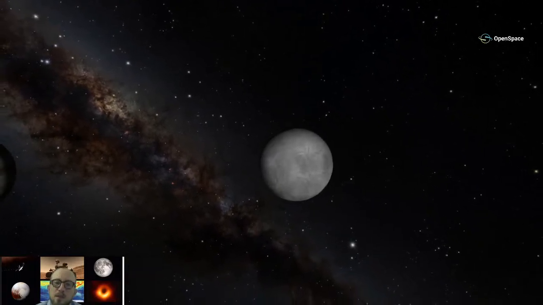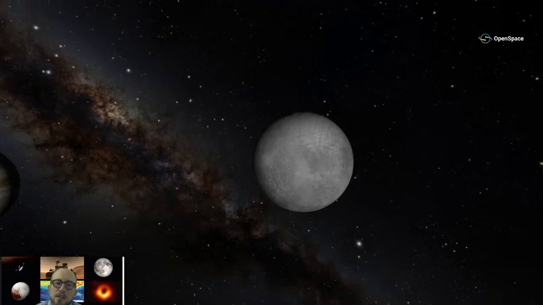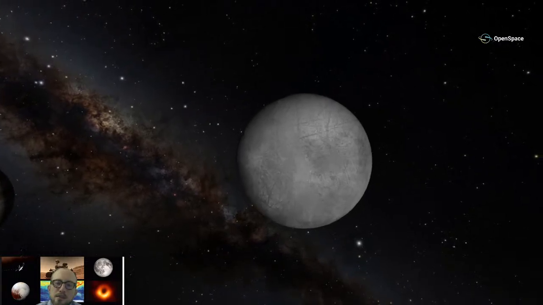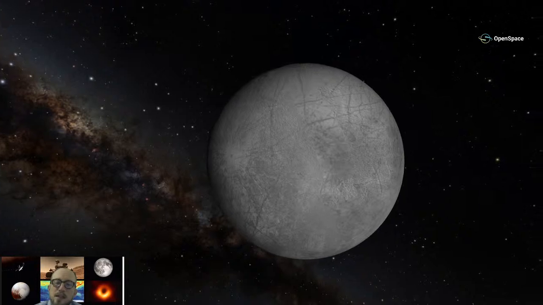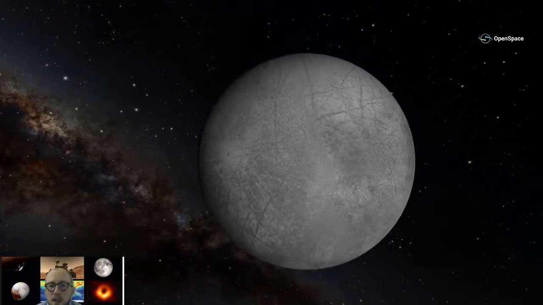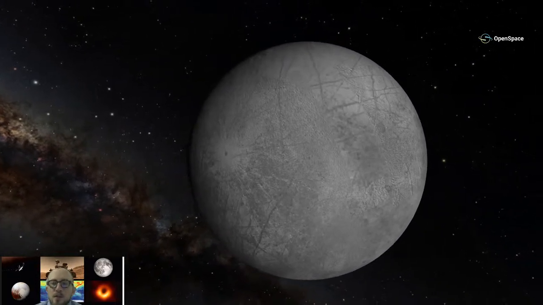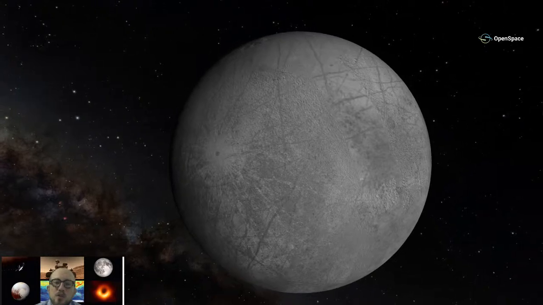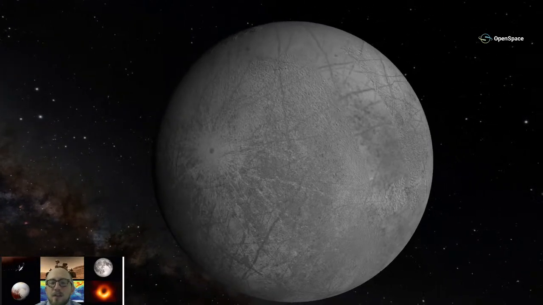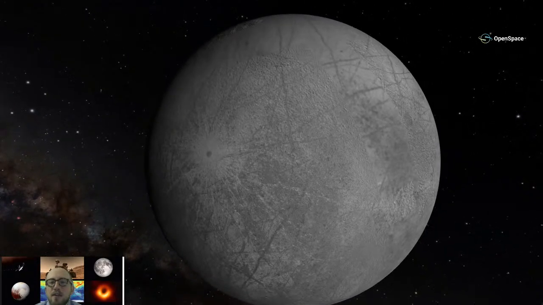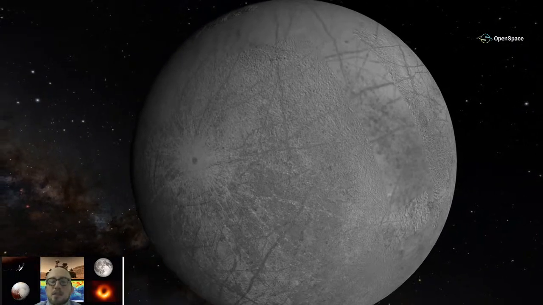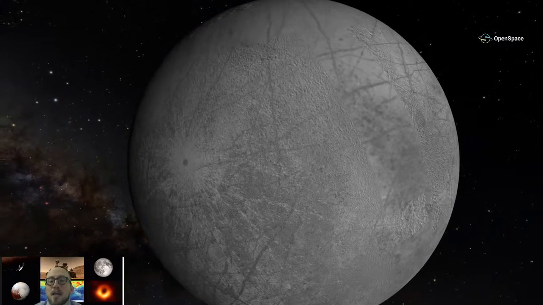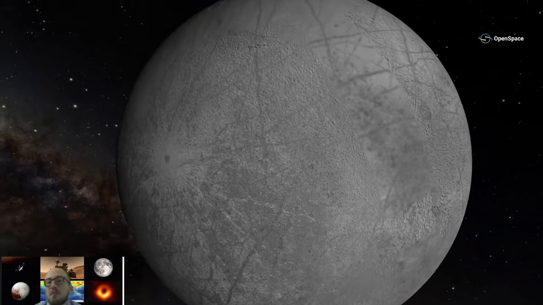And as we get close to it, you can see that it is sort of a grayish, whitish color, for starters, but also there are these giant cracks that are running along the surface. And investigation has actually shown that what we're looking at is basically a surface of water ice, and among other